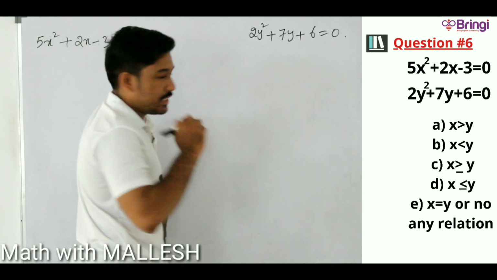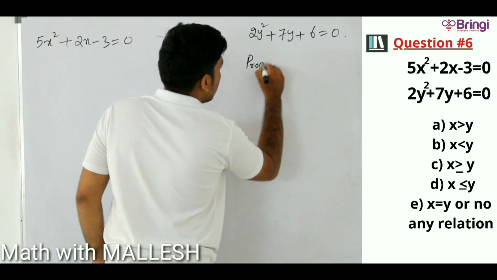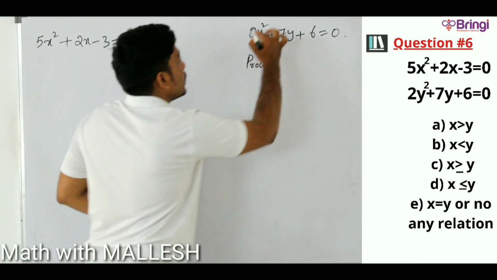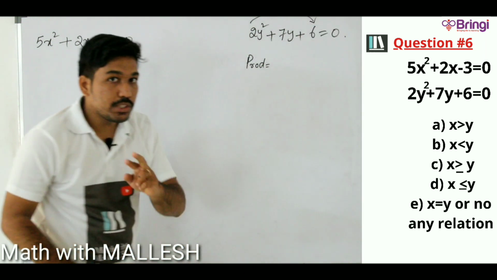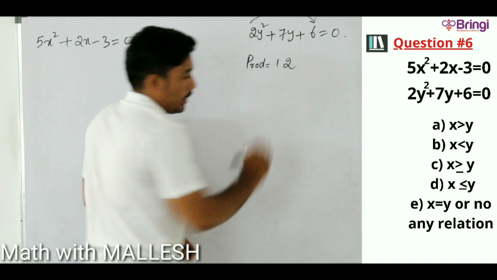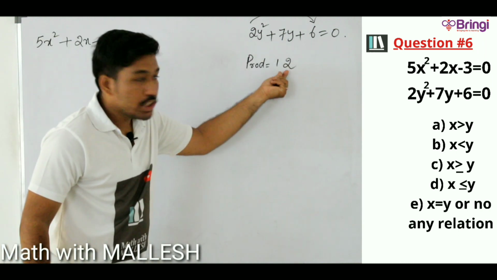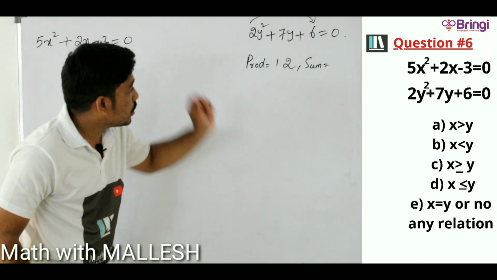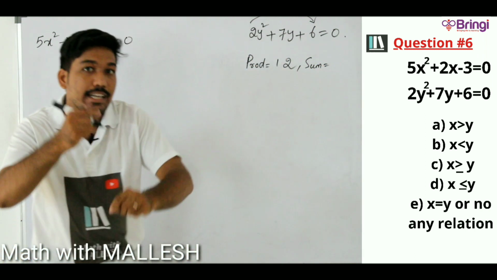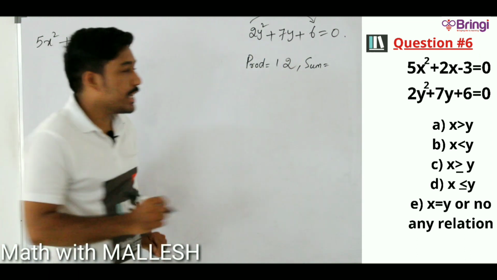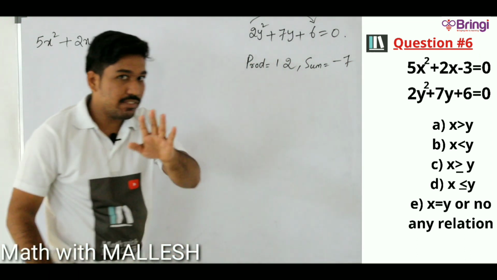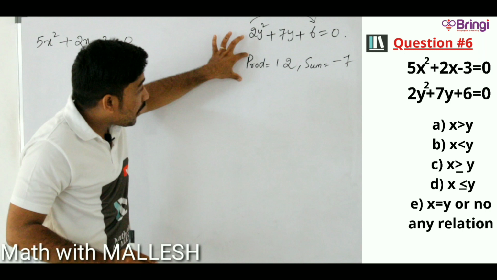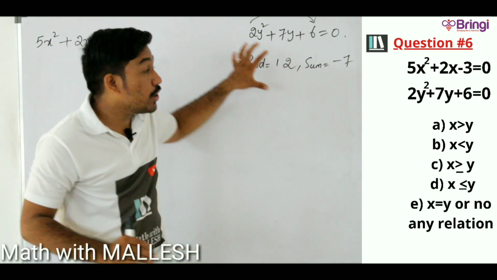Now simply, the first thing we know is we have to write the product. What is the product? Here it is not 6; 2 times 6 is 12, so you can write 12 as the product. Next, the sum. What is the y coefficient? Write the reverse: here plus 7 is there, take minus 7. This is the first step, which you have to do in your mind, not on paper. Product and sum you have to do in your mind.